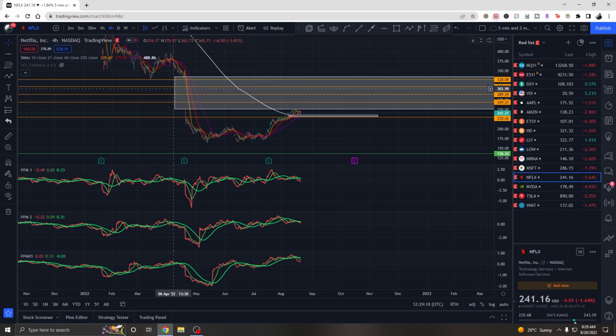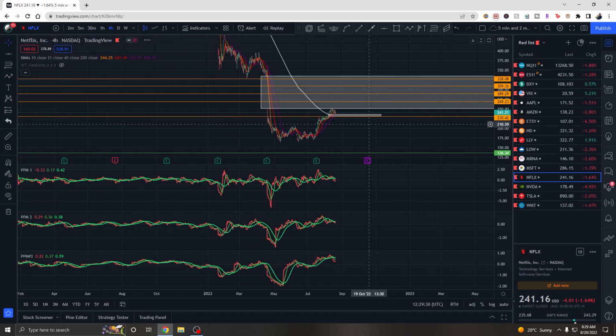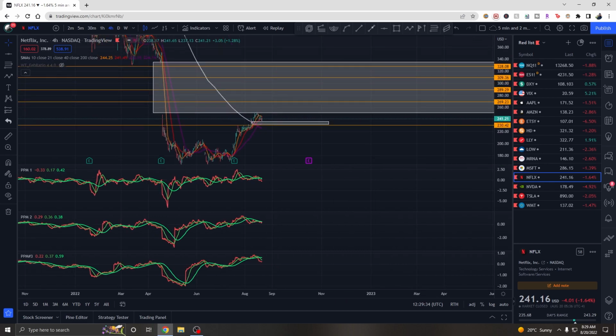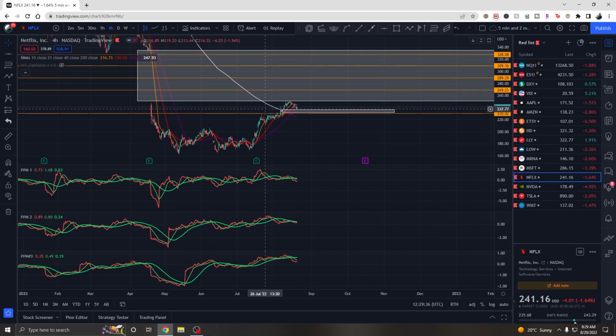I have mentioned this big gap fill, and I also mentioned that it would probably get rejection from this gap fill when it starts penetrating it. Now we got that rejection from its 250 level, and where it is heading right now, it has this small gap to fill between 237 and 231. So right now it is bouncing off from that level, but I am expecting it to quickly fill this gap,